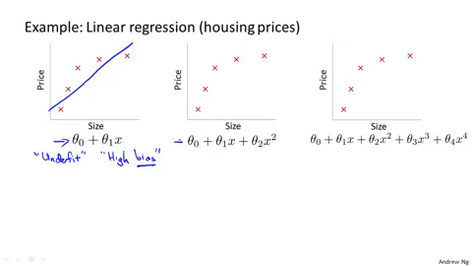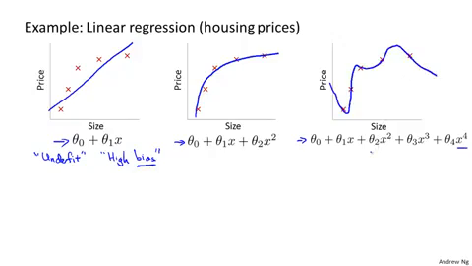Now, in the middle, we could fit a quadratic function to the data, and with this data set, we fit a quadratic function, maybe we get that kind of curve, and that works pretty well. And at the other extreme would be if we were to fit, say, a fourth order polynomial to the data. So here we have 5 parameters, theta 0 through theta 4. And with that, we can actually fit a curve that passes through all 5 of our training examples. We might get a curve that looks like this,